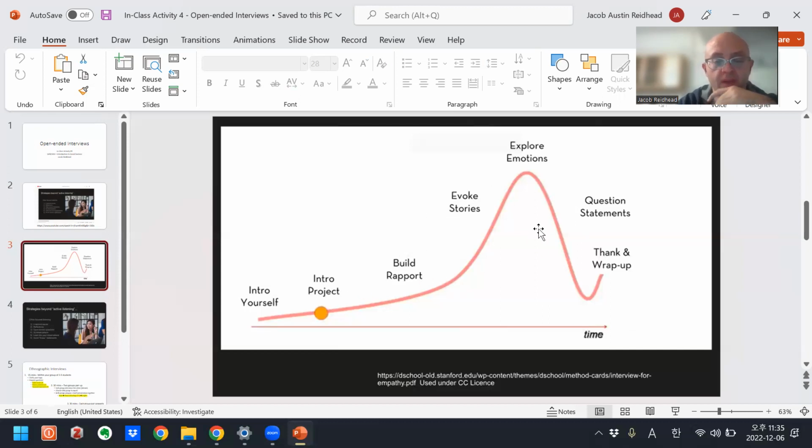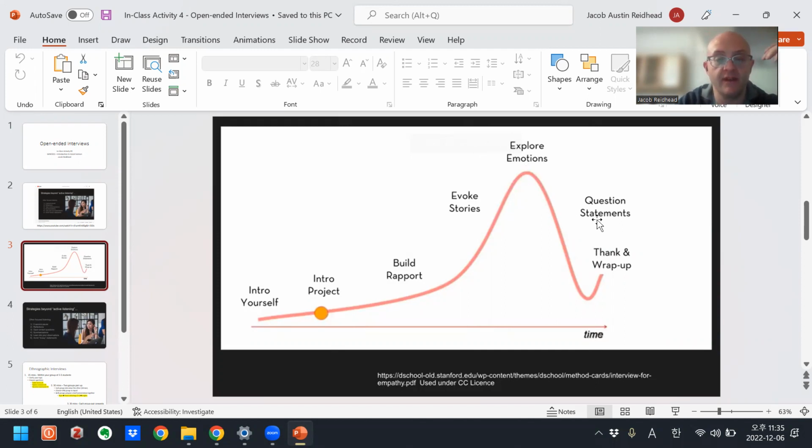I give an example. I interview the students in class to model this, and also to get feedback about the course, but also to model this process of evoking stories and exploring emotions for a good 5 to 10 minutes before I get into the questions.